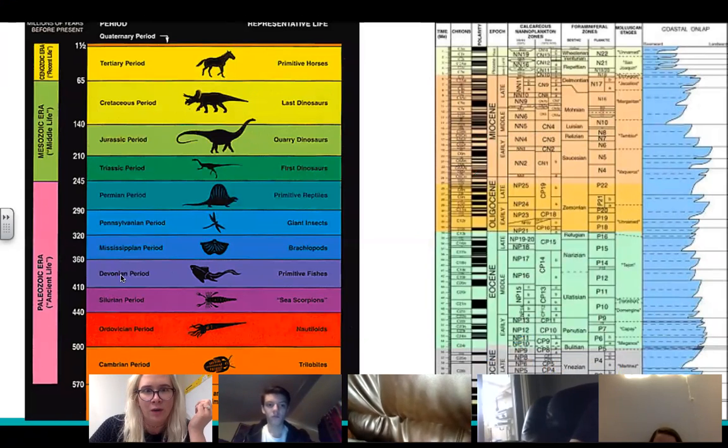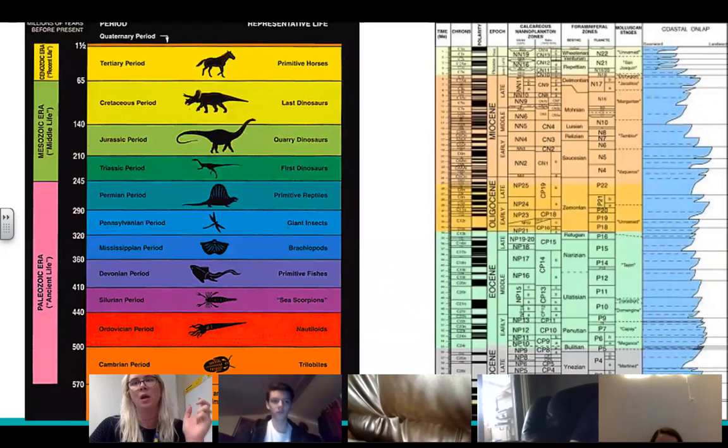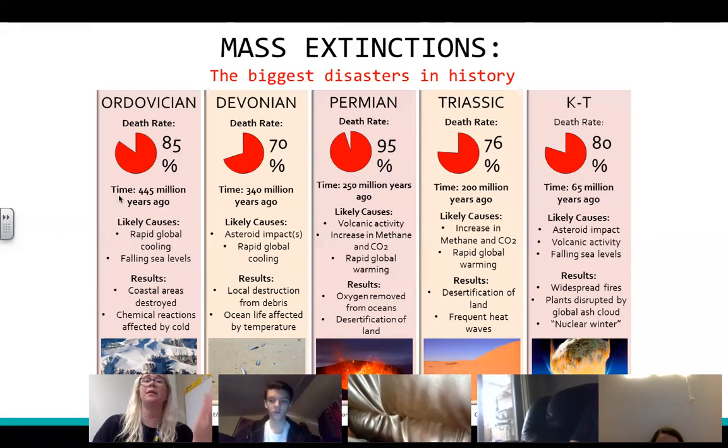So in here, the Denovian one, they all happened either right after or right before a period, and that's kind of how we distinguish them. Somebody says in the chat here, Yelena says that's so sad. Yeah, it is sad, but at the same time, part of the concept of this is the extinction of